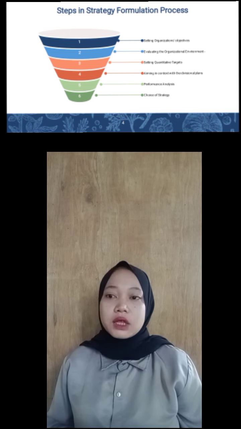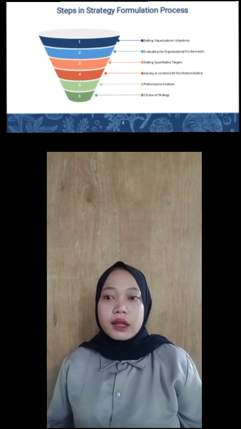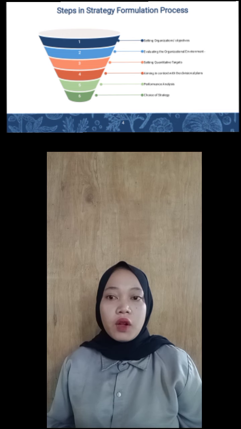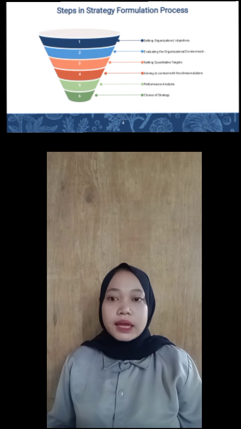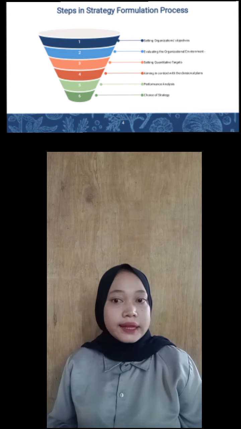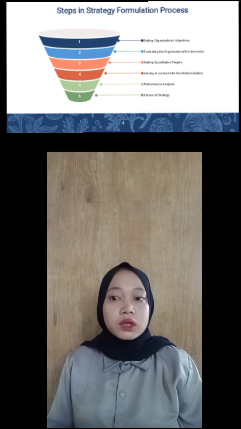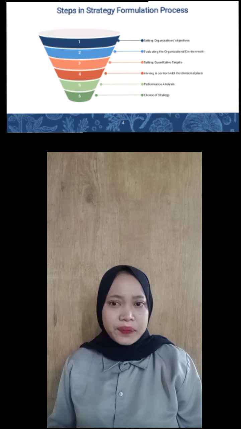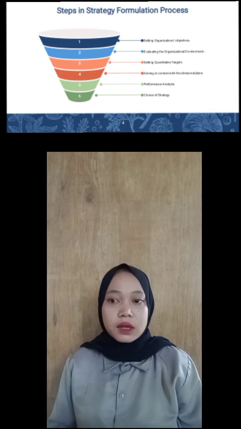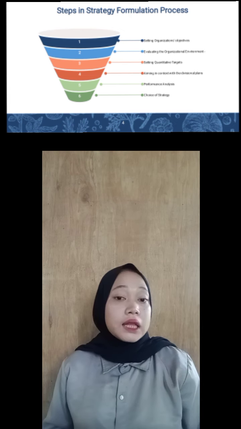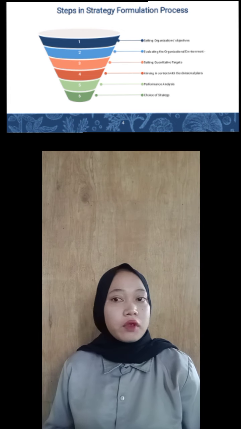Okay, next, steps in the strategy formulation process. The process of strategy formulation basically involves six main steps. The steps do not follow a strict chronological order. However, these are very rational and can be easily followed in order. Okay, the first, setting organization objectives. The key component of any strategy statement is to set a long-term objective of the organization. Strategy is generally a medium for realization of organizational objectives.